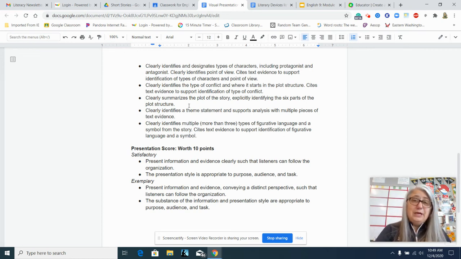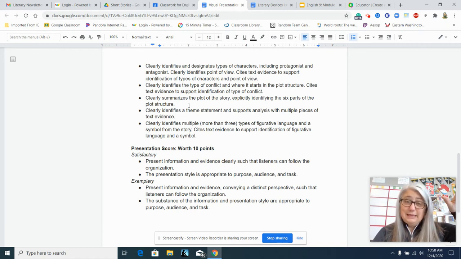So to be exemplary, you would give me a sentence or a statement about something that is universal, that all humans should understand, and you see it in this story. And you're going to support that with multiple pieces of evidence. Multiple is 3 or more. So you're going to pull out quotes, or you're going to pull out text, events, or some way in which the character changes that adds to what you think the